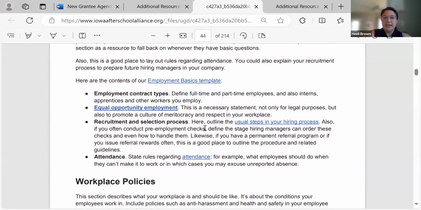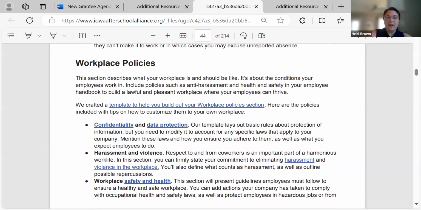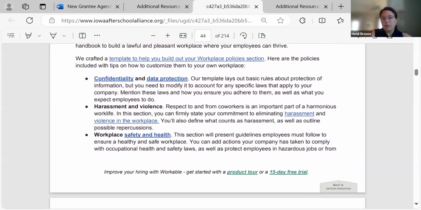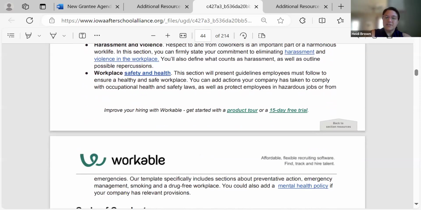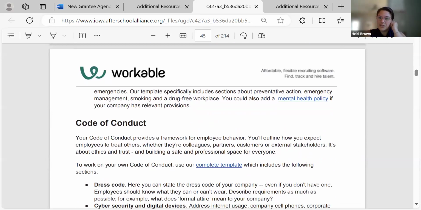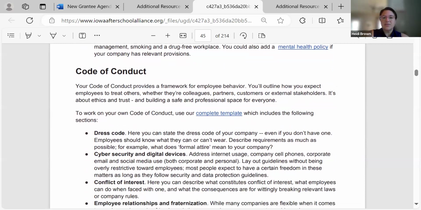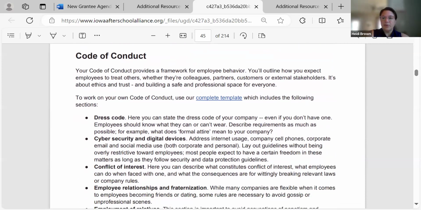So if you're needing hiring process, structure, just a basic template, confidentiality laws, workplace safety and health, all that type of thing. If your district doesn't already provide those things, which they probably do, but if you're in an organization where you need that, you can definitely use this resource to help you create